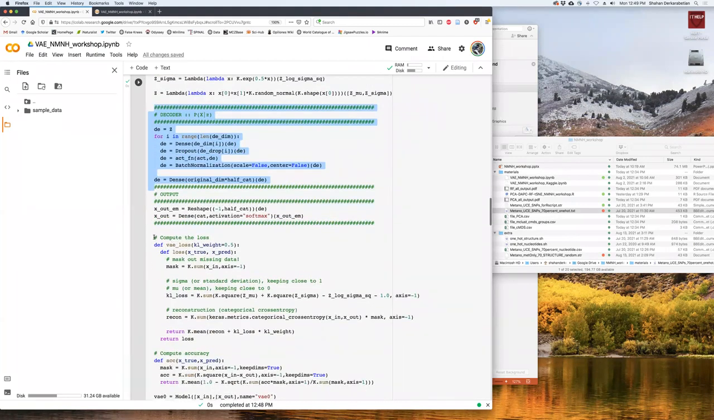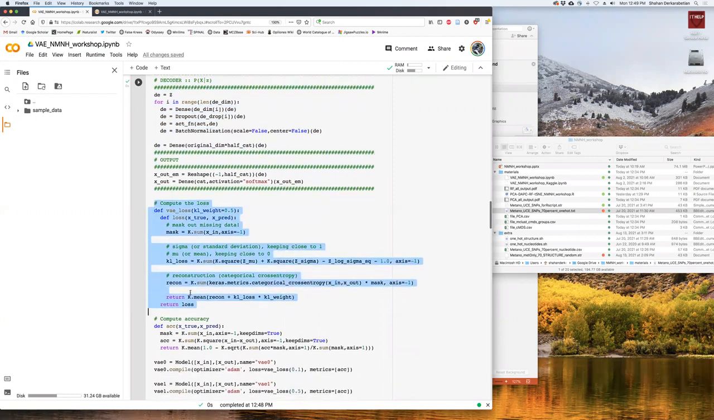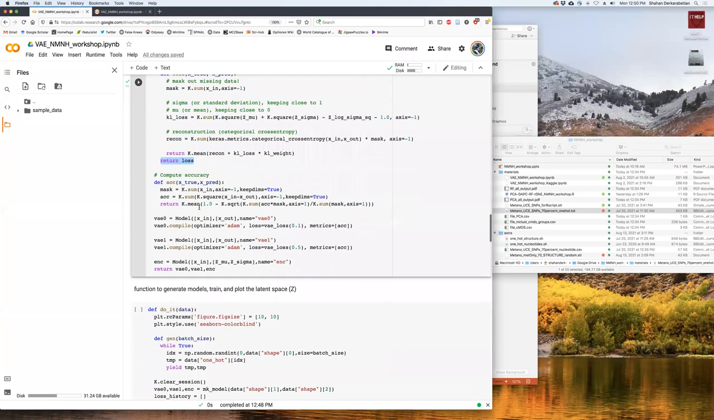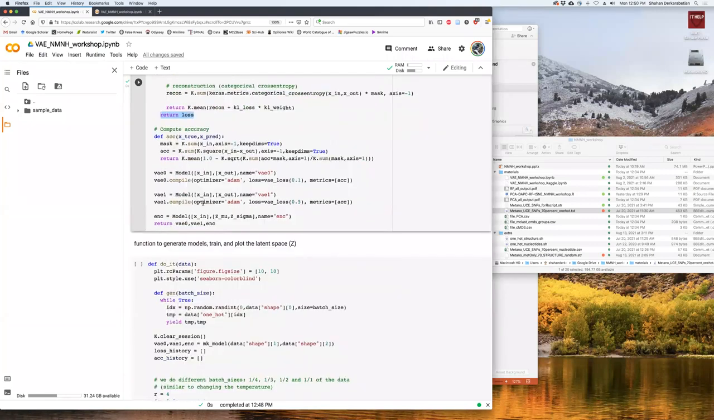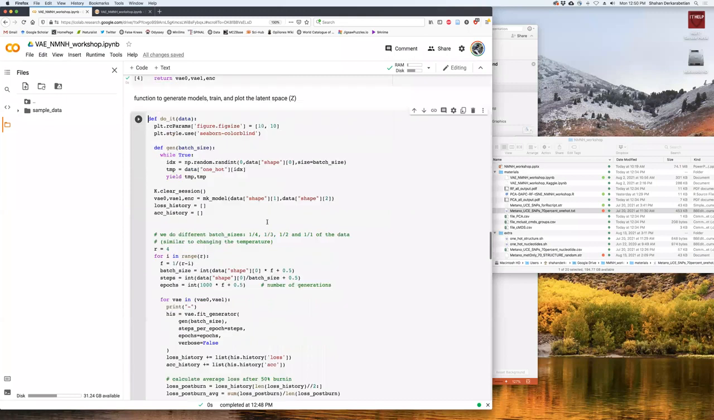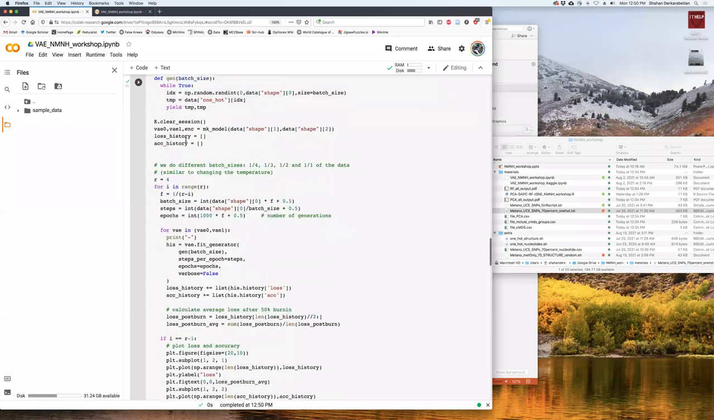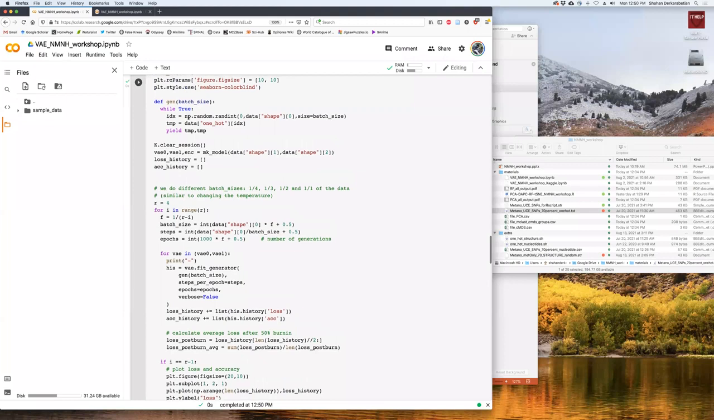And then here is where we calculate our loss and accuracy. I don't have time to go into this, but there are two measures of loss: KL loss and the reconstruction loss. They both go in together to return the overall loss function. And then accuracy, it's all here. Okay, so here's more. It's really complicated. Functions to generate the models, train, and plot the latent space. The important things here are